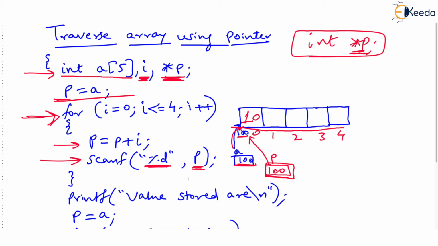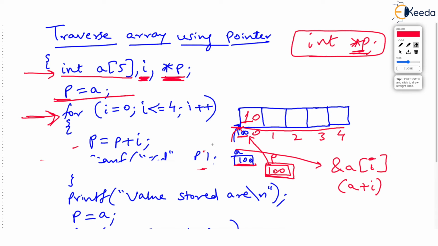Isn't it so? Another way of writing this scanf here would have been &a[i]. So the first time i is 0, so we are scanning the value of a[0]. Another way of writing this would have been a + i, that is a + 0 if i is 0. Another way is to make a pointer, ask that pointer to point to the begin location by making it equal to a, and then simply say I want to scan p, where you are giving the address, so the value will get stored at that address.